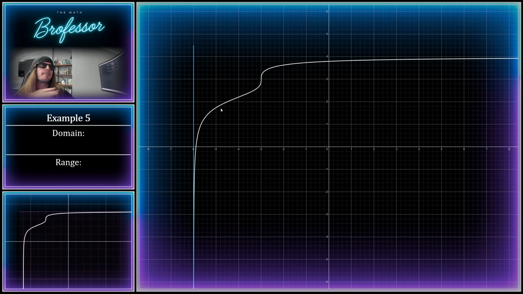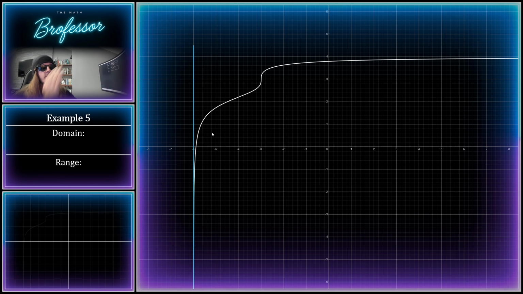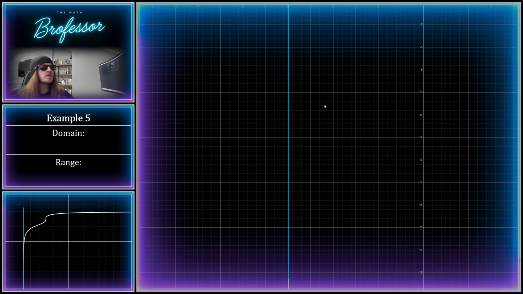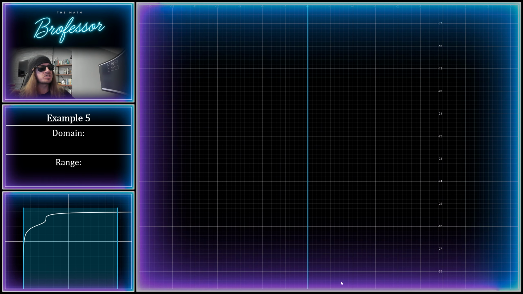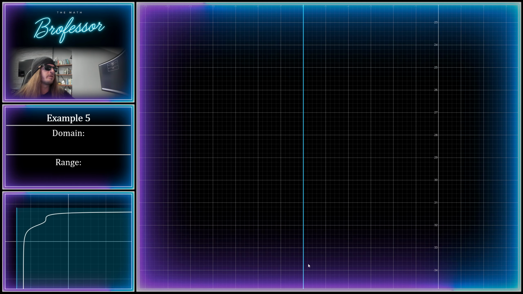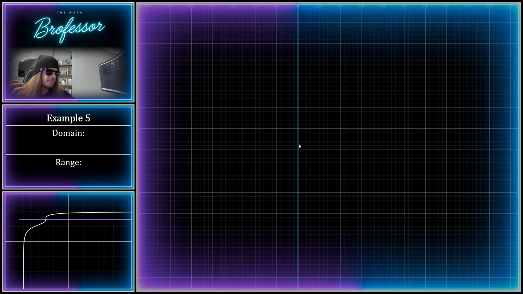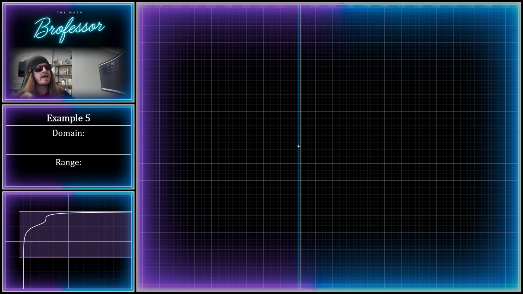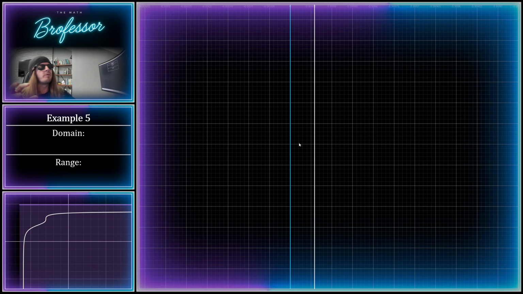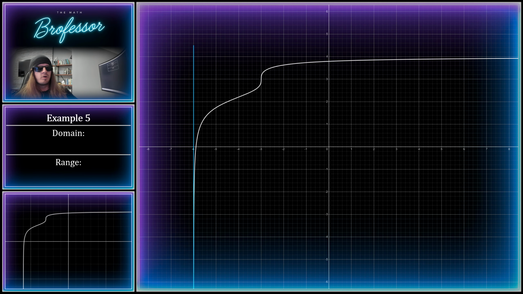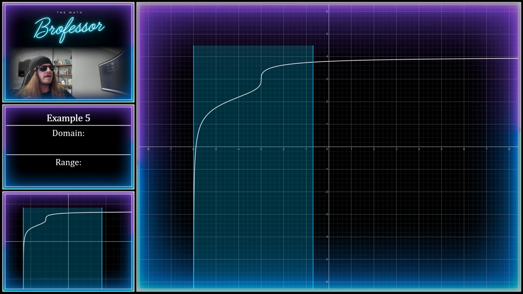In the previous example, the function went up. Now it's going down. That's okay. It doesn't matter. The point here is that if it looks like the graph has made contact with the boundary, it's just because you haven't zoomed in enough. So if we zoom in here, you're eventually going to see that white graph reappear, and there will be a gap between the graph and the asymptote, which is the boundary. So we're going to need a parenthesis on -6, and we'll keep scanning to the left until we reach the